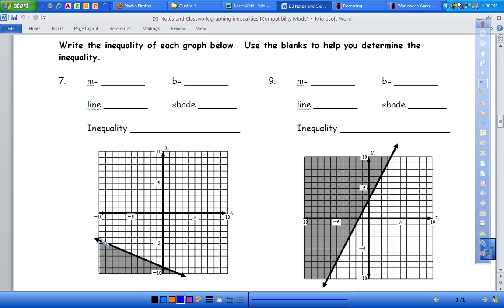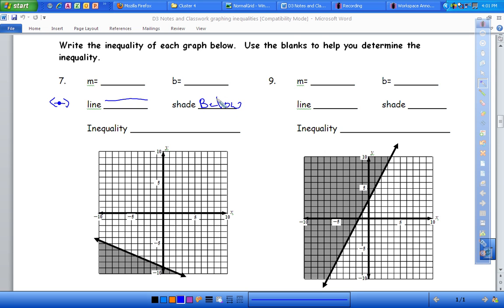As I look at this right off the bat, I can see that this line is solid. And any time this line is solid, that's the equivalent, of course, of a solid point on the number line. We know that it's going to involve an equal to situation. So keep that in mind. Looking at our shading, they very clearly shaded things that are below the line, so that's going to be